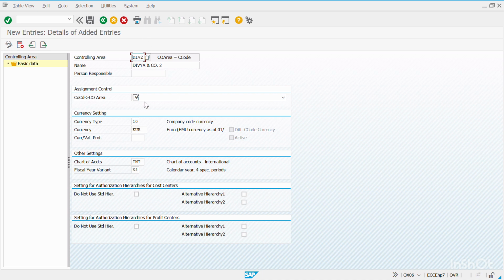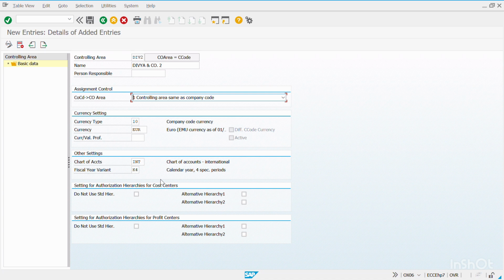Everything will be copied except this. Here in assignment control, it says company code is equal to controlling area. So what do you want it as? Same as company code or cross company code cost accounting? For now we say controlling area same as company code. We click on it and then the currency type gets directly fetched, where it says company code currency, euro,